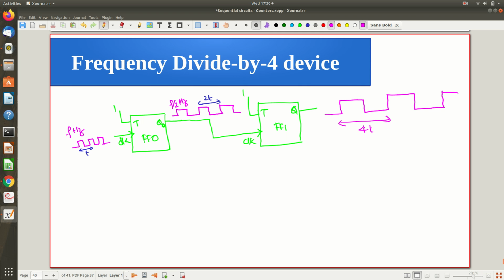That is what I mean, 4t unit of time, so that the frequency is now f by 2 by 2. That is f by 4 hertz. Is it clear? Okay, and if you are not clear, let's see the timing diagram. It will be very much clear